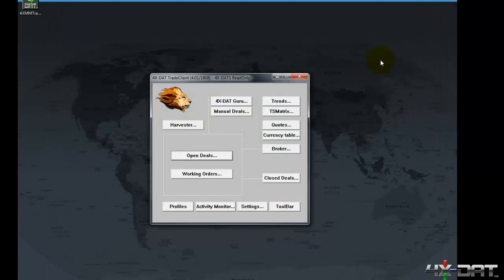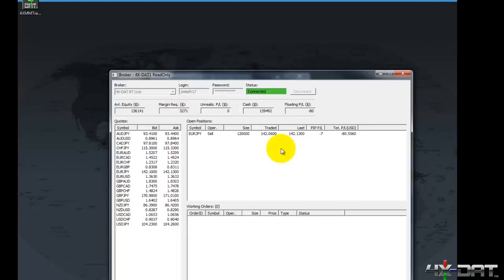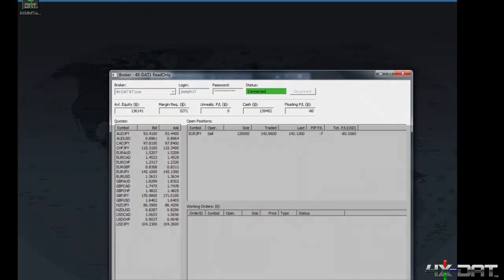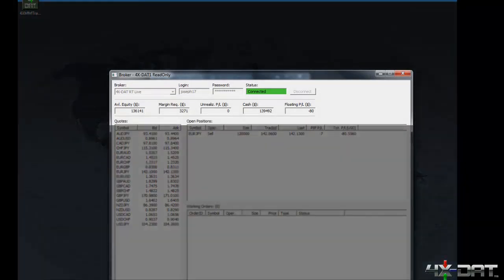Let's quickly take a look at one last component so you can fully assess the progress of each of these accounts. The broker module is where you'll find your account information and a summary of what's happening in your trade account. This module is divided into 4 components. The top component summarizes information from the broker. Here we show our available equity, the margin requirement, any unrealized profit or loss, our available cash, and our floating